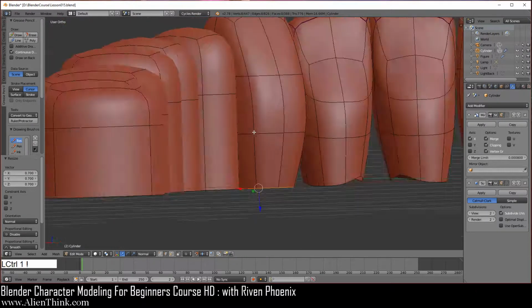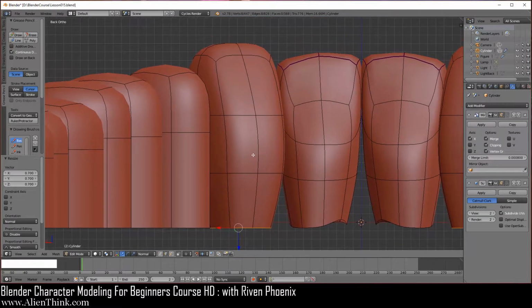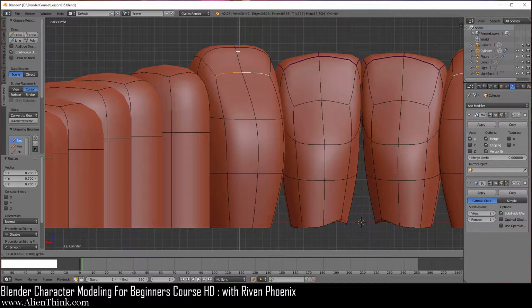So I'm going to do Control 1. It'll come on this side over here. Now click on this, shift key down this one. Okay, now we're going to switch to the global over here just to make sure. Then click on the blue arrow and bring it down 8 nudges. So here we go, 1, 2, 3, 4, 5, 6, 7, and then 8.